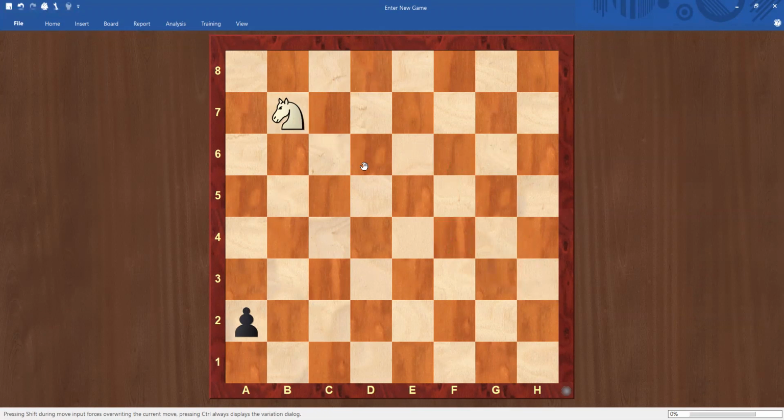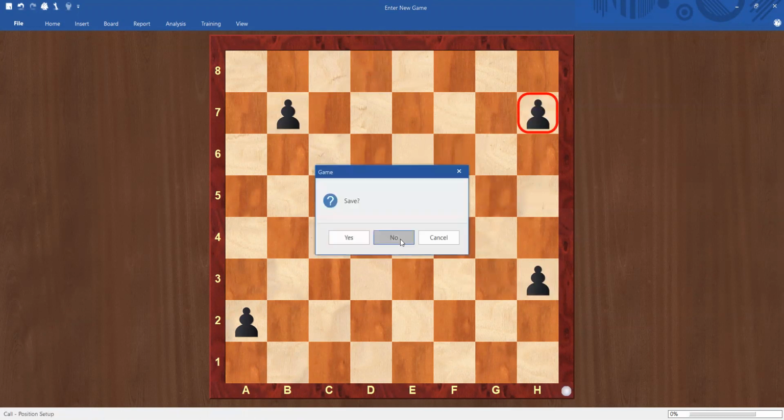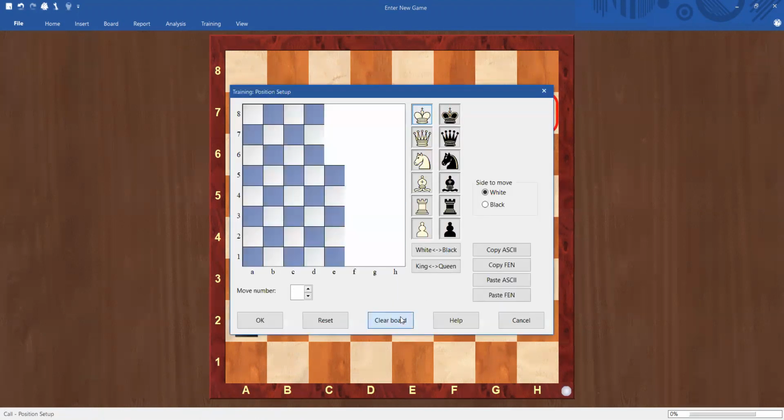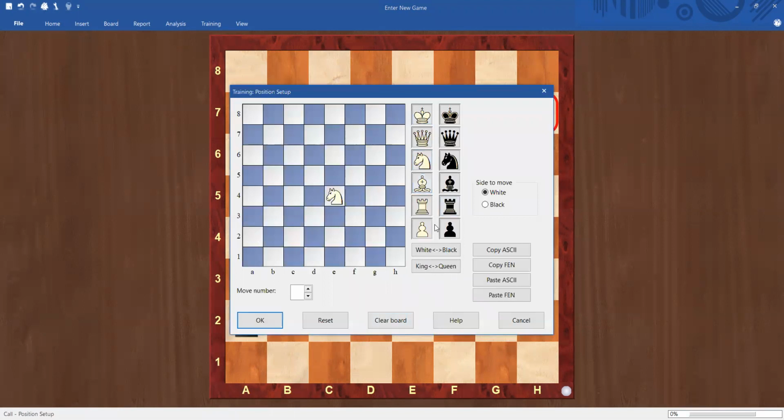So you just practice at home. 1, 2, 3, 4. Okay, you just practice at home. So knight is a little tricky, but it's very easy. Okay, don't worry. So generally, I will just keep a position. Which position is better to practice with the knight? I'll say keep the knight here and just practice this.